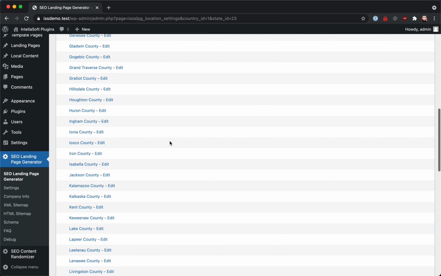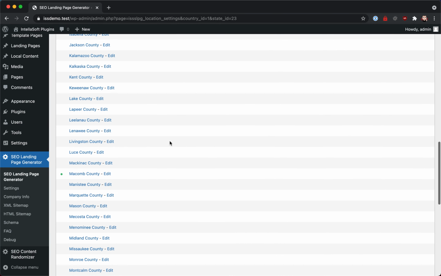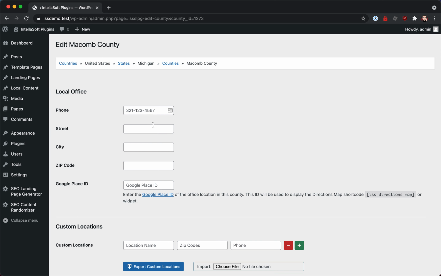And then instead of clicking on the county link, I'm just going to click on the edit link right next to that name. So in this case, I'm going to use the county I already have landing pages created for. Just going to hit the edit link. As you can see, you have multiple settings here. The first one is the phone number, and by default we're using the phone number that we entered into the